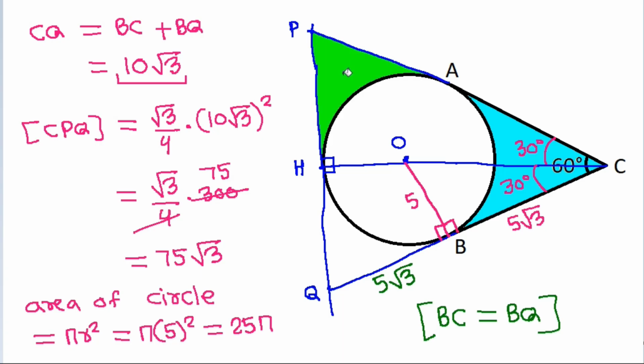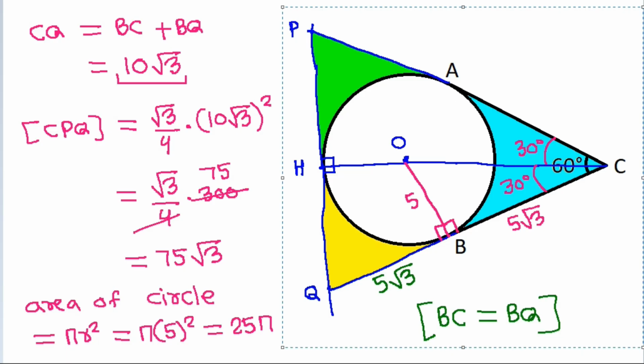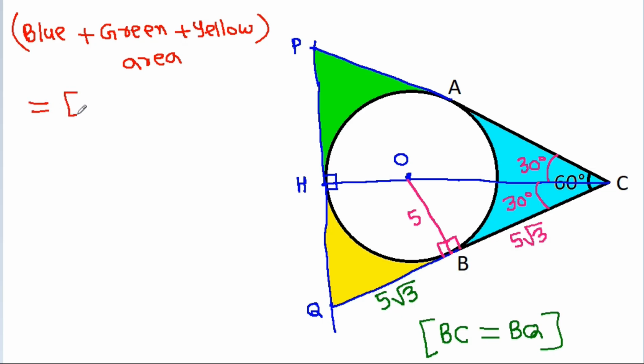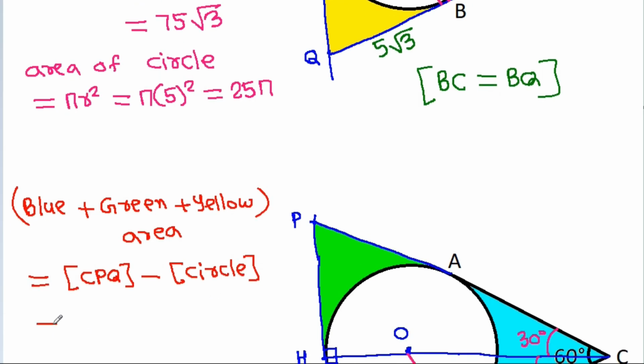And suppose this is green area and this is yellow area, then blue plus green plus yellow area will be equal to area of CPQ minus area of circle,